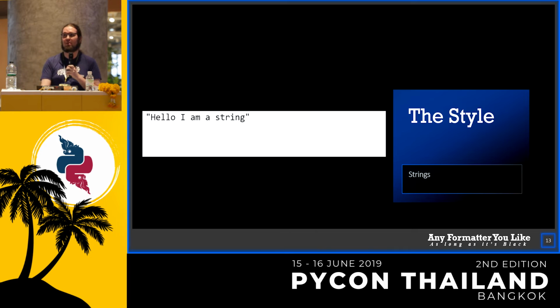Yeah, the reason it chooses double quotes is because we're biased towards English, to be honest. English has a bunch of apostrophes, like this. Oh, sorry, no. So it does default to double quotes, but it will choose single quotes if it results in fewer escape sequences in your string. Because ultimately, no matter your quote style, the goal of Black is to make it easy to read strings, and backslashes don't make your strings easy to read.